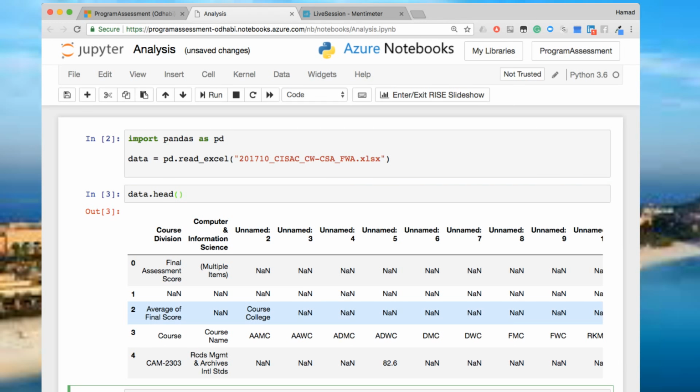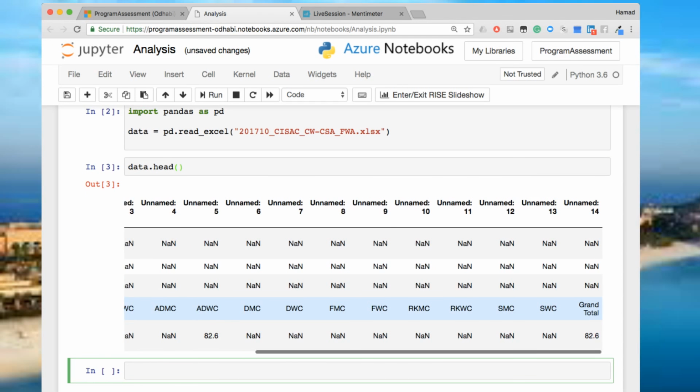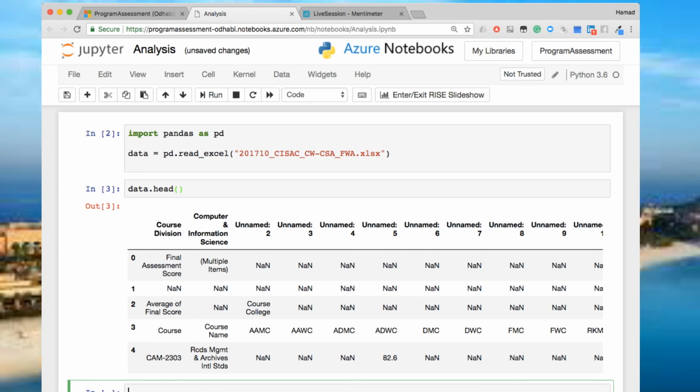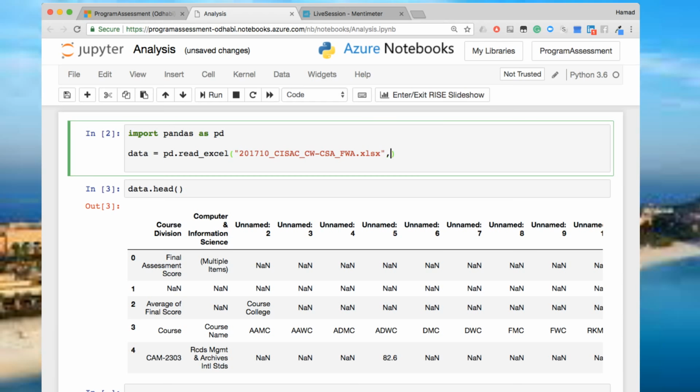This is a sheet and it has some data, but it's not the sheet that I'm looking for. I know the sheet is different, so I put the sheet name here. Sheet name equals, in quotation marks,